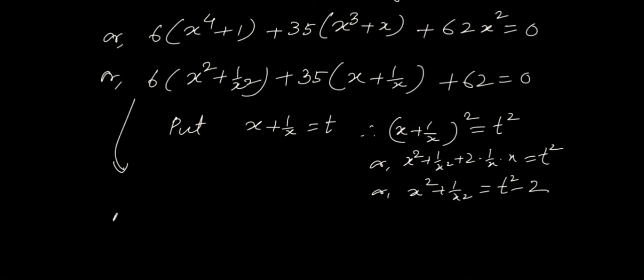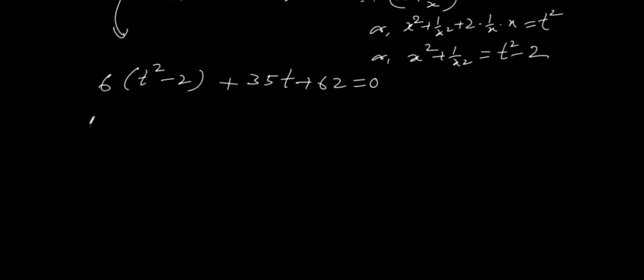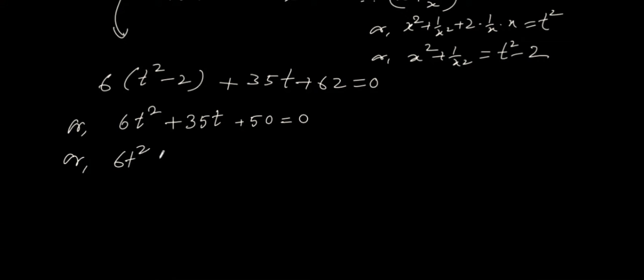So the equation becomes 6 times t square minus 2 plus 35t plus 62 equals 0, or 6t square minus 12 plus 35t plus 62, so 6t square plus 35t plus 50 equals 0, or 6t square plus 20t plus 15t plus 50 equals 0,